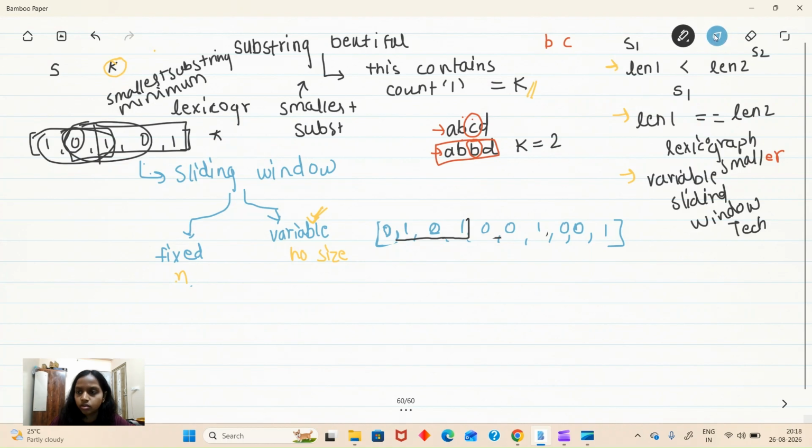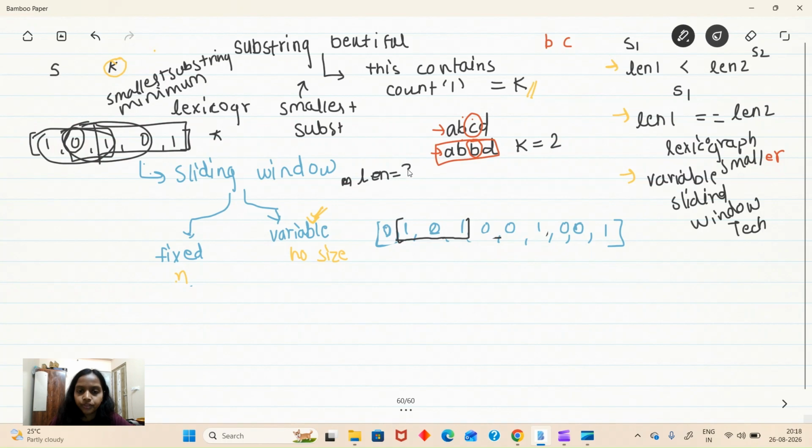So this is 0. Now if we shrink, it will come to this. Initially it was 4. What we did: first we got the window when I had a count of 1s equal to k. Now I got 2, still the count of 1 is k. But can we shrink more? No. If I shrink, then the number of ones will be reduced, so this condition will not get satisfied. So this is my minimum answer in this window. So what is my minimum answer, or you can say length?